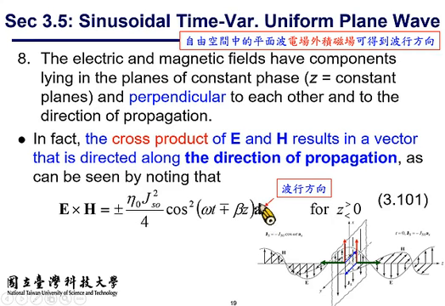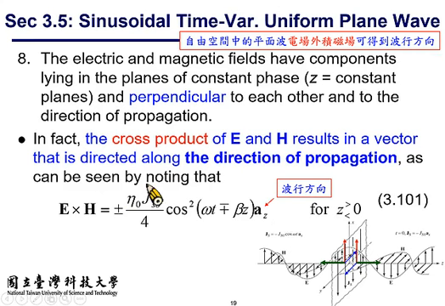All right, the important thing about the expression here is the direction, because this is the result of a cross product. So we know that electrical field is in which direction? In the negative x direction, and the H field, the magnetic field, is in either positive y direction or negative y direction. So the cross product is in the z direction. And here you see there's a positive sign and negative sign. So that stands for the propagating direction of the